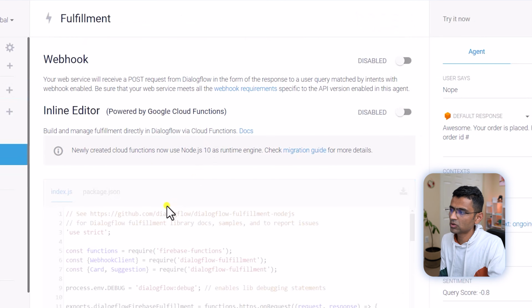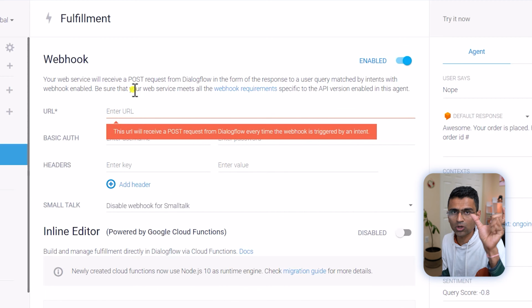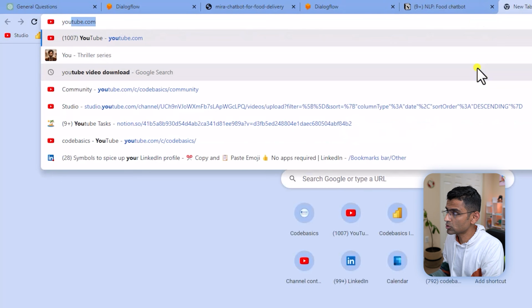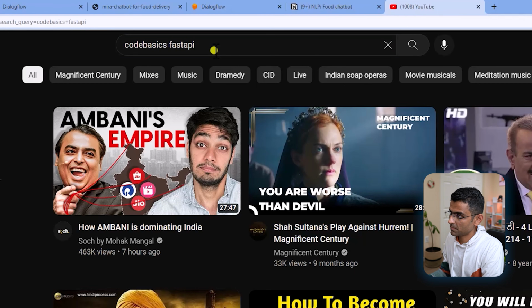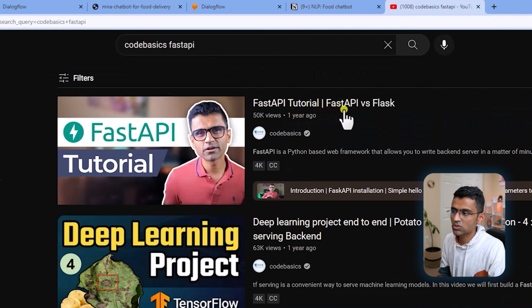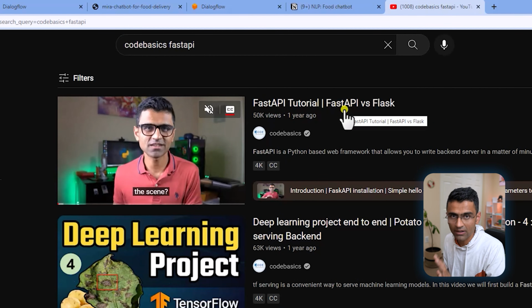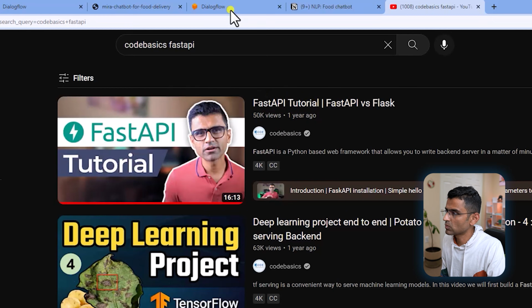Here in the fulfillment, you can have Google Cloud function. If you have deployed your backend as a Google Cloud function, you can use that. But I'm going to use a webhook. In the webhook, you have to specify the URL where your backend server is running. Now you will need some knowledge of FastAPI for this. So just go to YouTube and say Codebasics FastAPI, and you will find this tutorial. If you don't know FastAPI, I suggest you watch it so that your fundamentals are clear. I will still go over some of the fundamentals here in this video, but that is what we are using